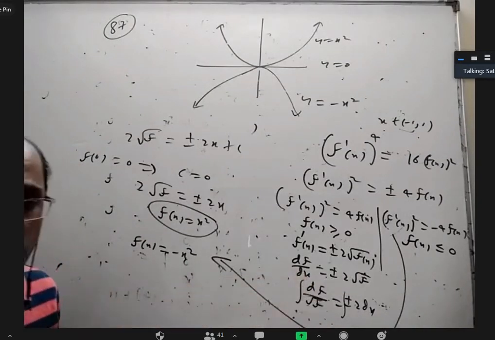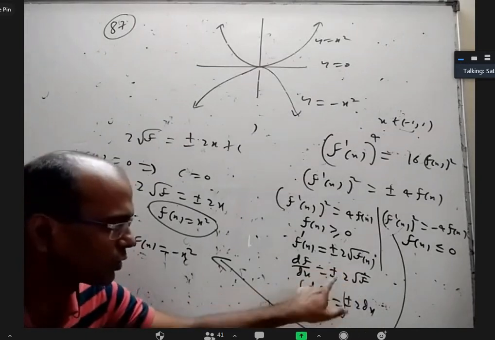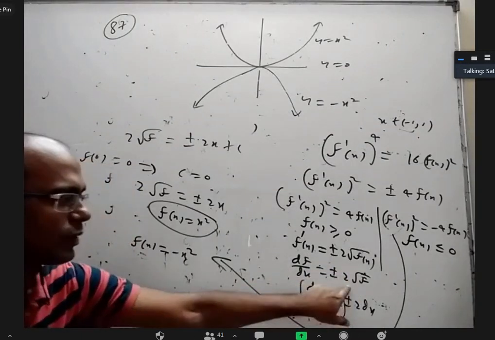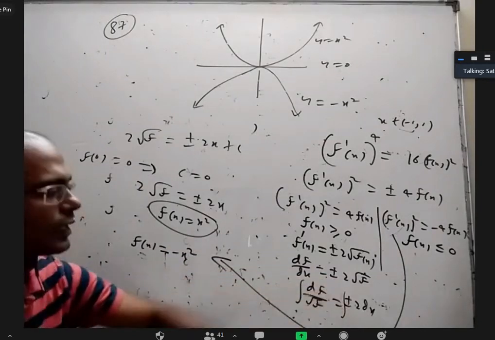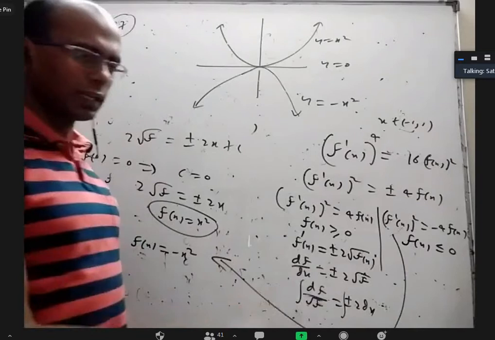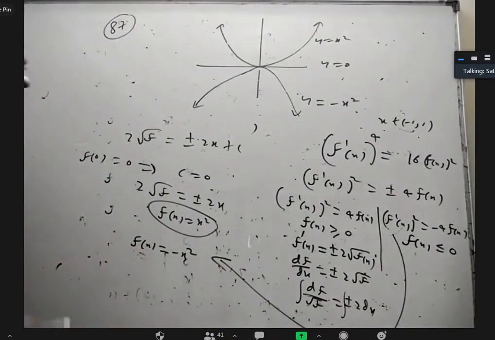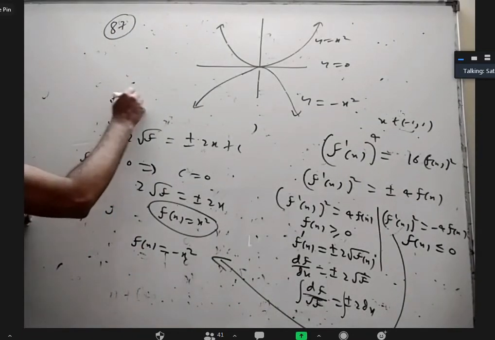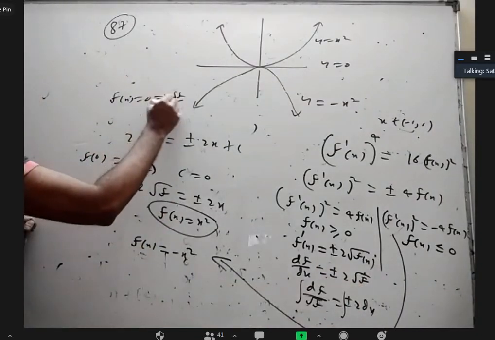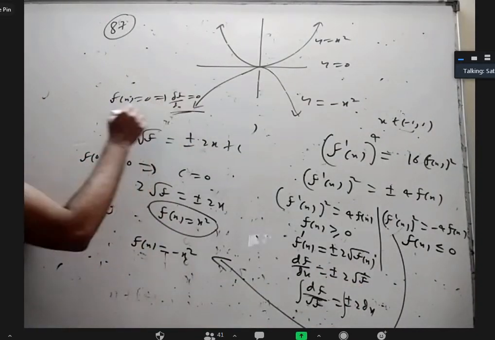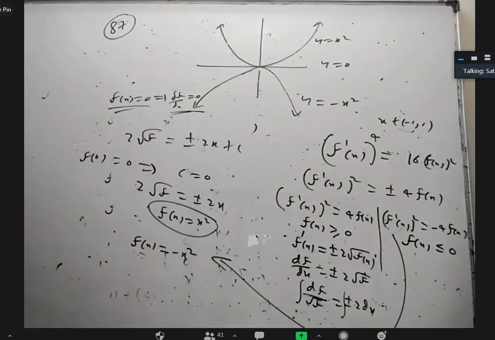Then when f is 0, what will happen then? When f is 0, this will be 0. df by dx is 0 means f is a constant function, but f of 0 is 0 means it should be constant 0. So that also should be taken care of. So from here to here, indirectly f is not equal to 0. If f of x equal to 0, that case you take here, obviously df by dx is equal to 0 to satisfy it. And f of x is 0 for all x values.